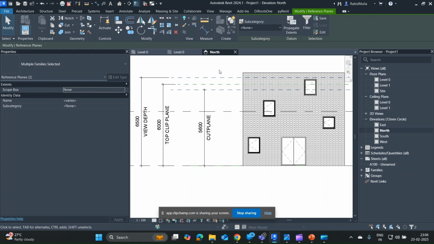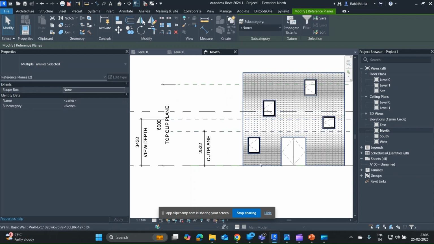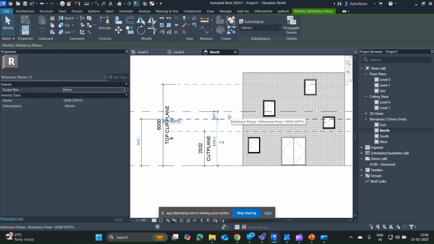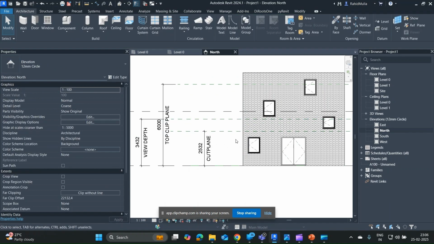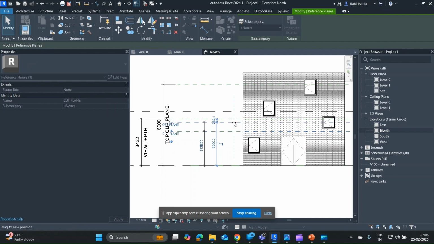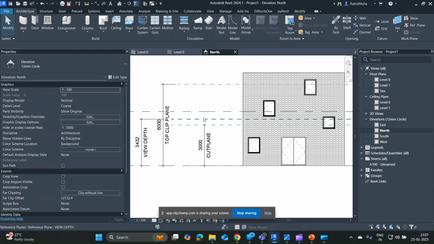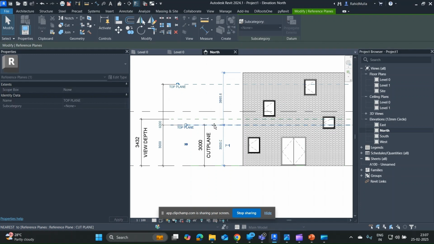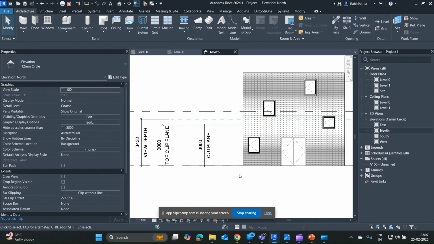Okay, I'll just demonstrate one more. For example, I want to see this window. So for seeing this window, I will be keeping my view depth over here, and my cut plane just cutting this window. Okay, and my top clip plane has to be coming down, so this will be here at